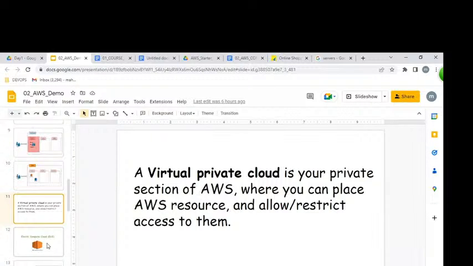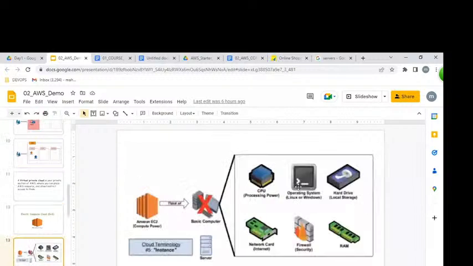But what about EC2? With the help of EC2, we can create a server. Just as your laptop has components, the same kind of components are in a server also, like CPU, operating system, hard disk, RAM, firewall, NIC.